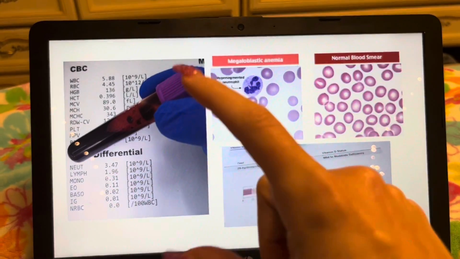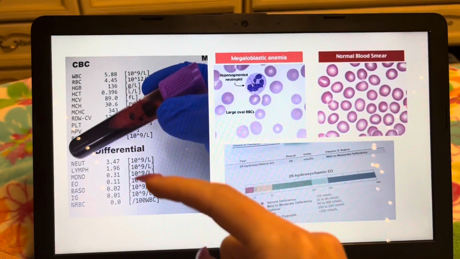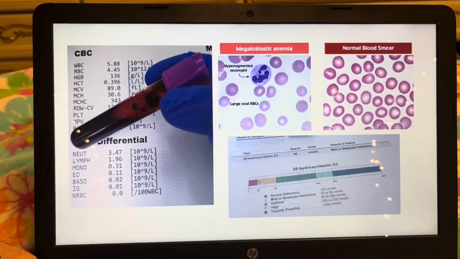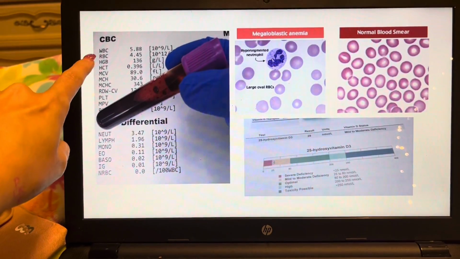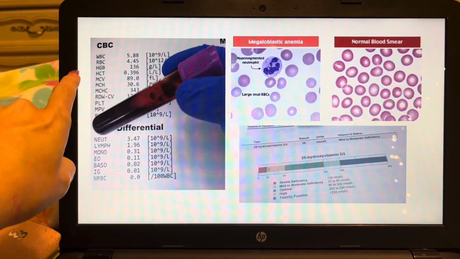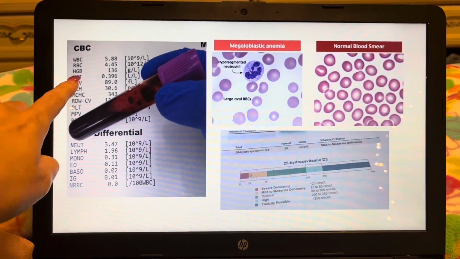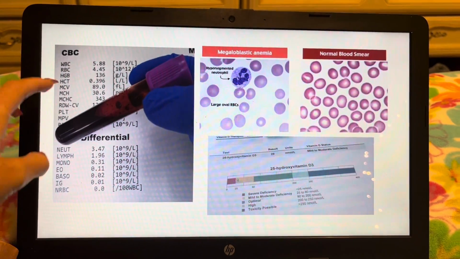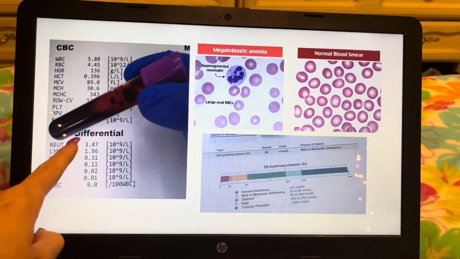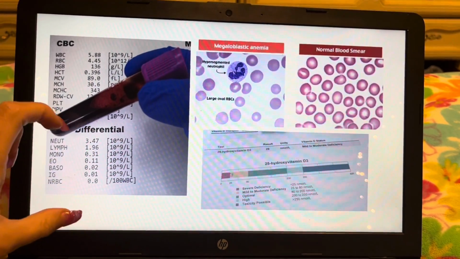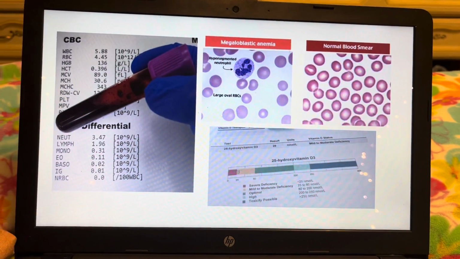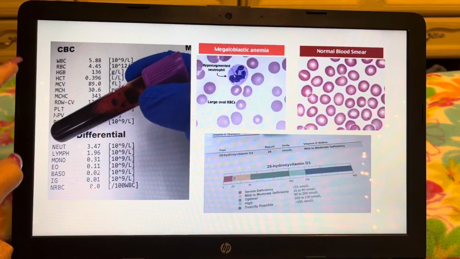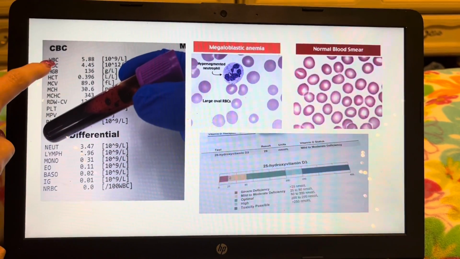And so here is just an example of all the different stuff that comes out whenever you get a CBC blood test done. So this is for your white blood cell count, red blood cell count, and then hematocrit levels, hemoglobin, and then just some other different stuff. And then the differential part, it actually examines all of the different components of your leukocytes, which is your